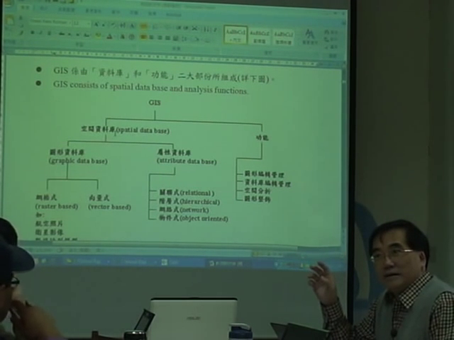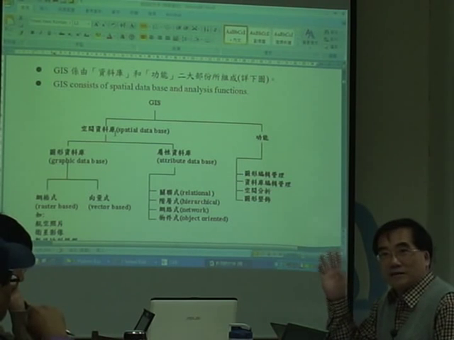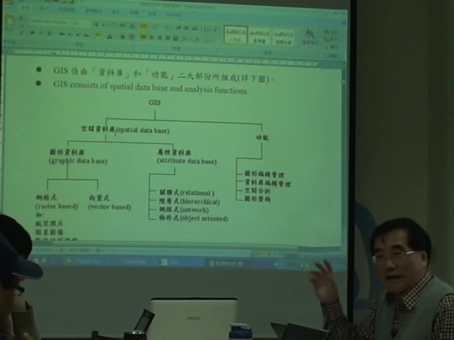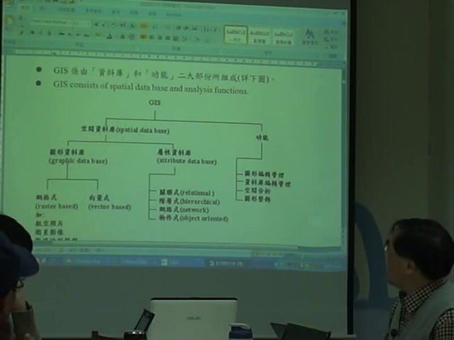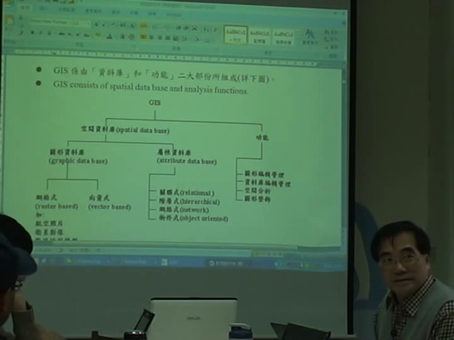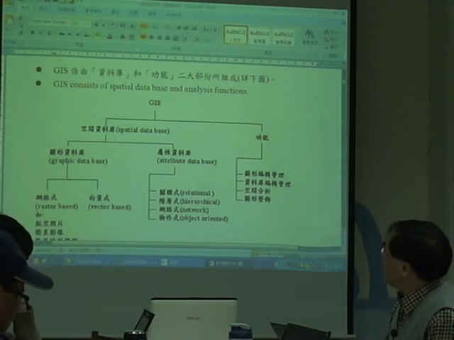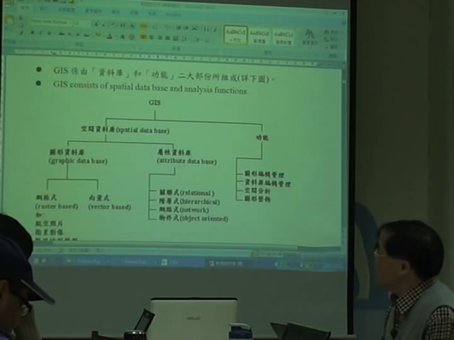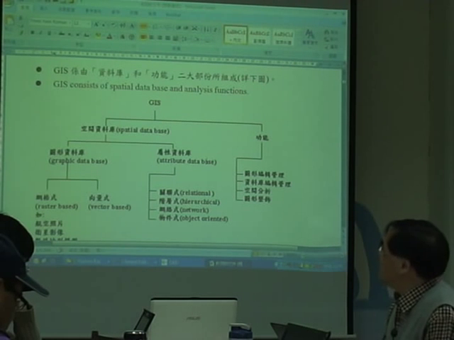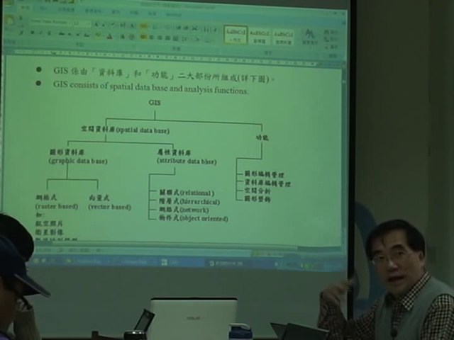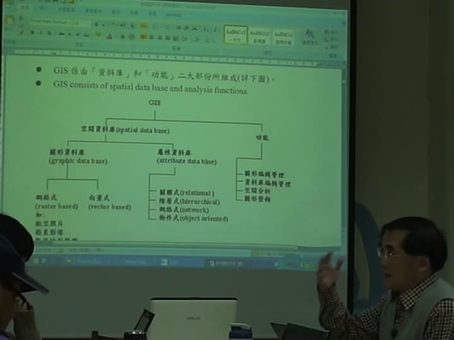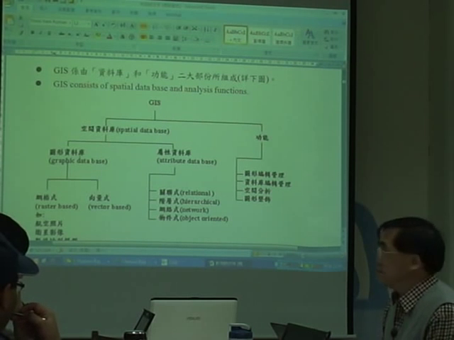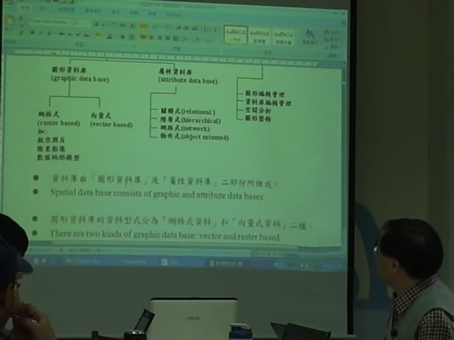Different professors, different countries, different schools, they use different terminologies. 所以有时候他们讲 spatial database，其实指的只有图形而已，没有指属性。所以你们看那个文章，前后文要看一下，他其实大部分都会在讲图形的。